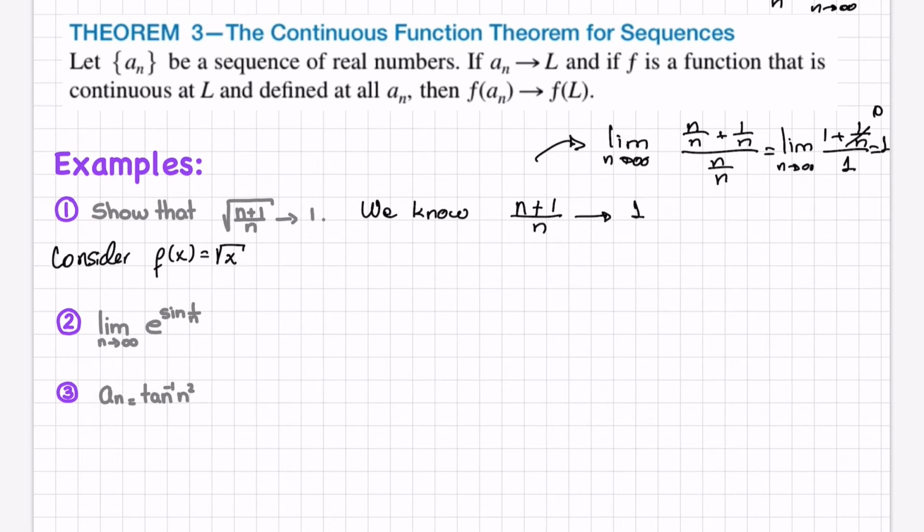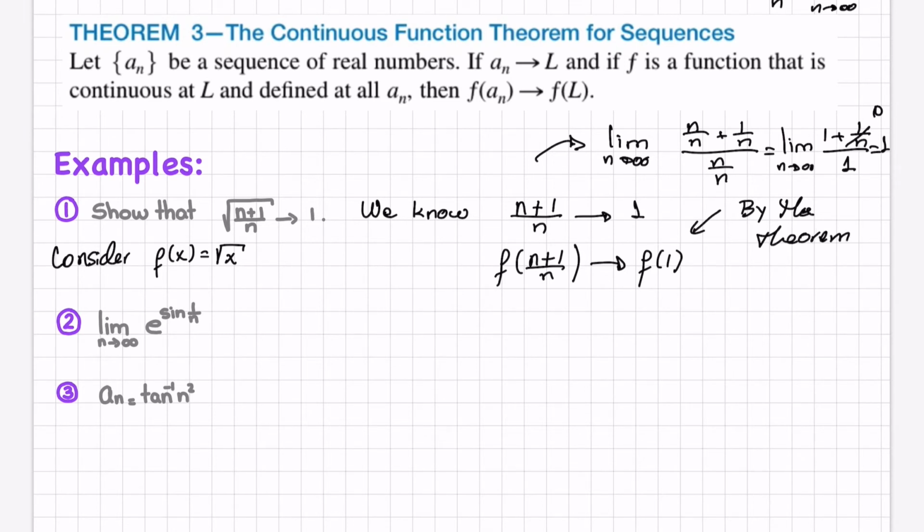So you're going to be evaluating f at the integers, right? So f of (n plus 1) over n, by the theorem, approaches f of 1. This is by the continuous function theorem. And by the way, this is continuous on its domain. We don't care about the domain because what we are going to input here are positive numbers. Look, they are positive numbers. So we're fine. By the theorem,